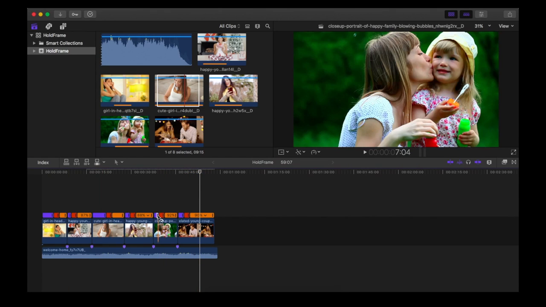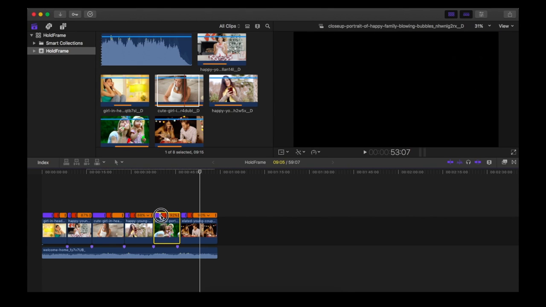The baby mother clip plays faster. Let's make it slower by dragging the purple bar towards right.